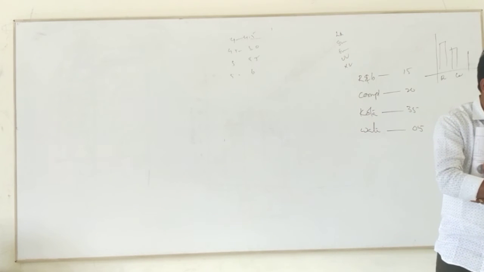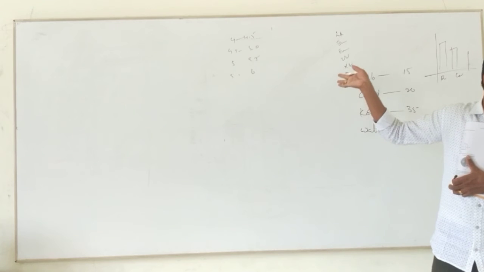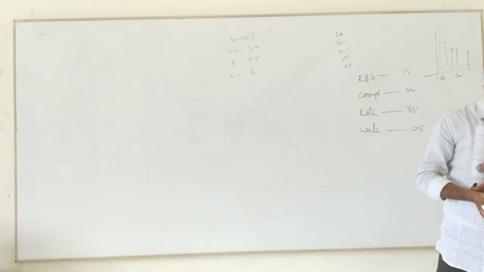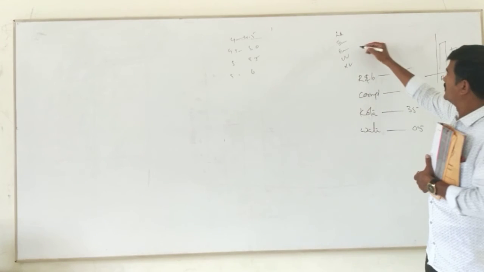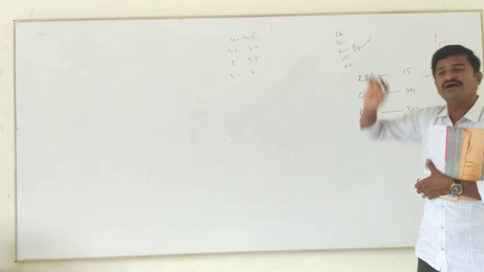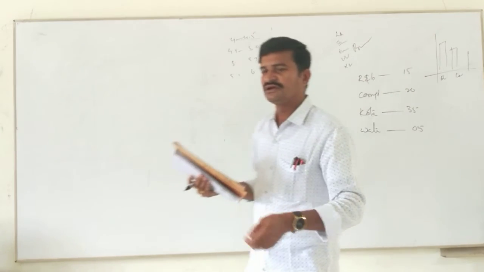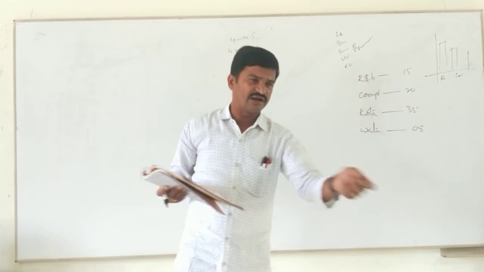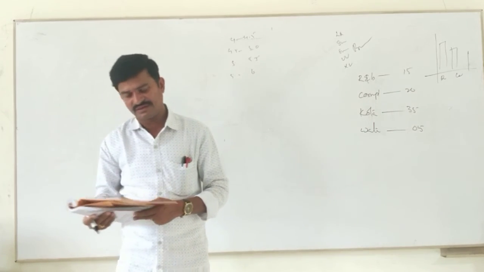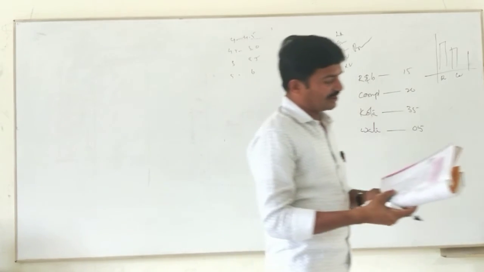We can't divide them into groups because these are individual observations. So here we can apply only a bar graph, not a histogram. Have you understood? Yes, sir. That is the way you have to write, and write your own reasons also. First problem done. Are you clear? Yes, sir. Now the second problem.